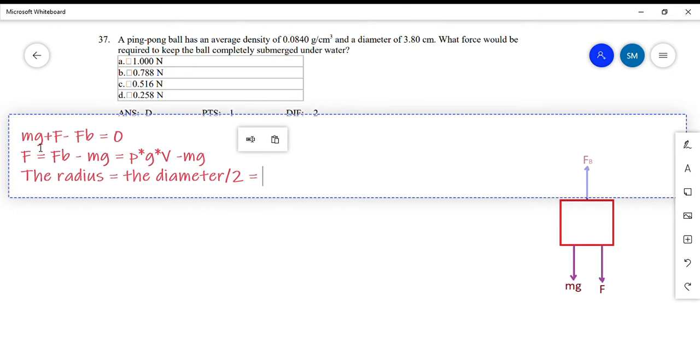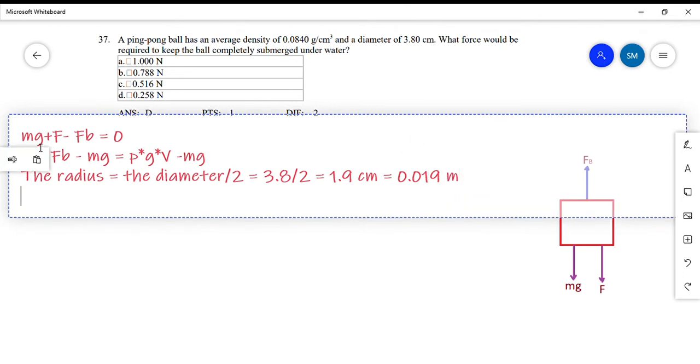Which is 3.8 over 2, which is simply 1.9 centimeter, equal to 0.019 meter. So the volume of the ball is simply the basic rule we all know,